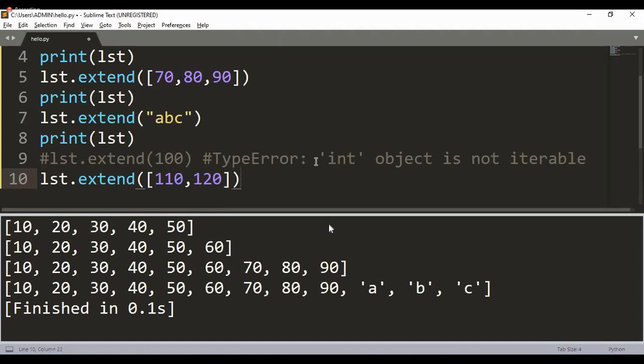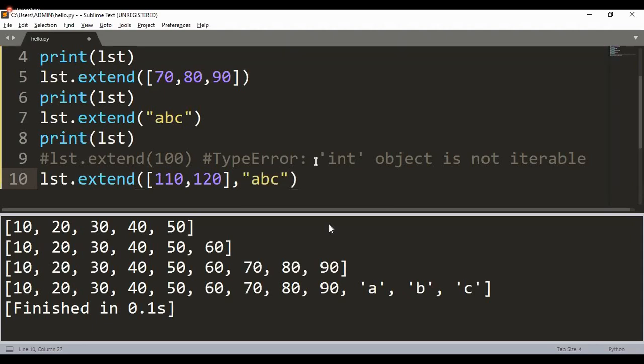Tell me, now will it work? 100% yes, because I'm trying to insert the elements using the extend method, and the data is being fed to this method in the form of an iterable. Absolutely fine. What if I would try 110, 120, and after this I want you to add maybe a string value also like this.